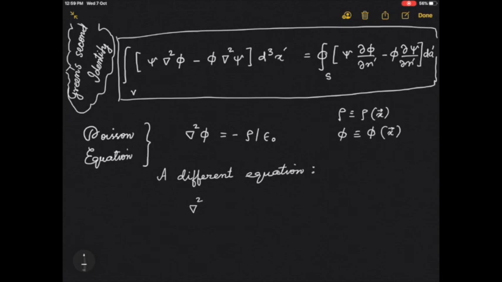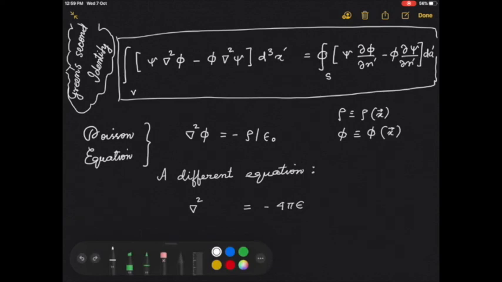What is the different equation? Same operator, grad square. And in the right hand side, instead of minus rho by epsilon naught, what I have is minus 4 pi